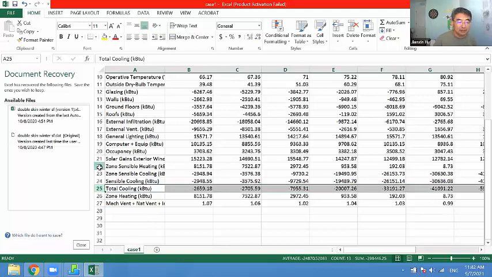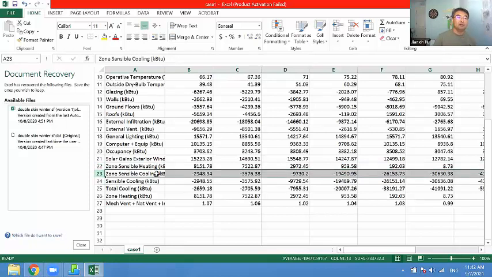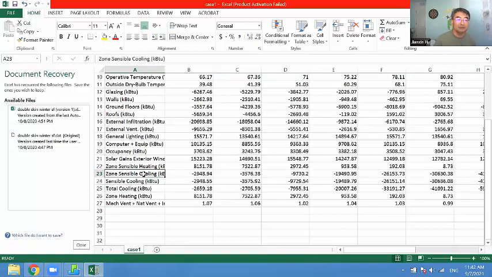You can also look at lines 22 and 23, zone sensible heating and zone sensible cooling. What is the difference between sensible cooling and total cooling, right? You might already know the answer to this if you watched the video. So sensible cooling is just for lowering the temperature of the air. And on top of sensible cooling, there's also latent cooling, which is to remove the moisture in the air. So total cooling is